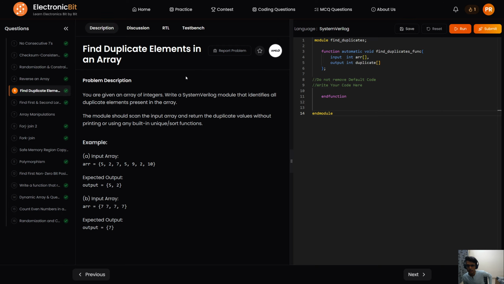So let's try to understand this problem statement. In this problem, we need to find duplicate elements in an array. If we read the problem description, here we are given an array of integers. Write a System Verilog module that identifies all duplicate elements in an array. The module should scan the input array and return the duplicate values without printing or using any inbuilt unique or